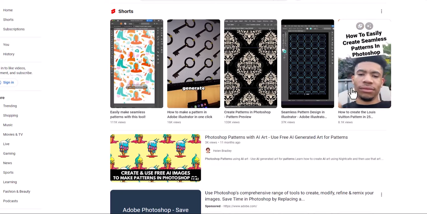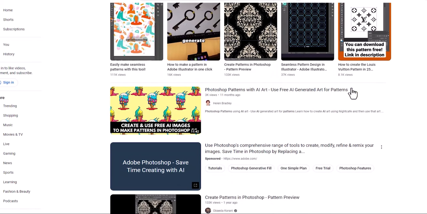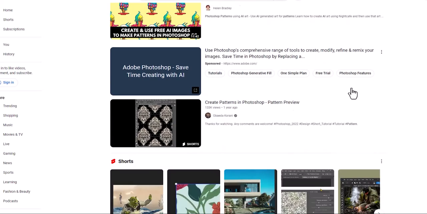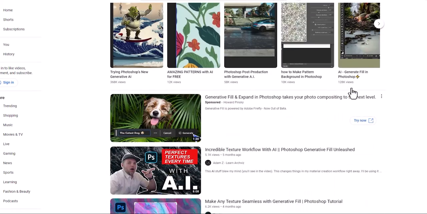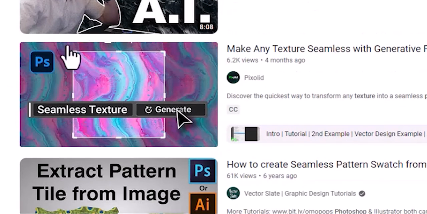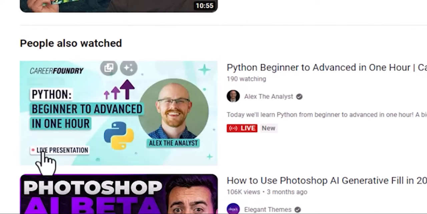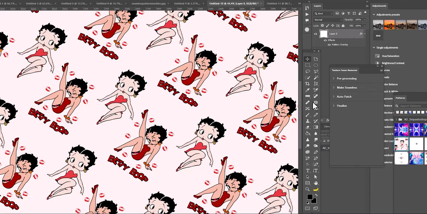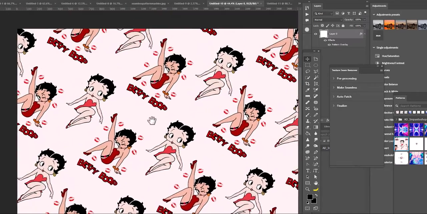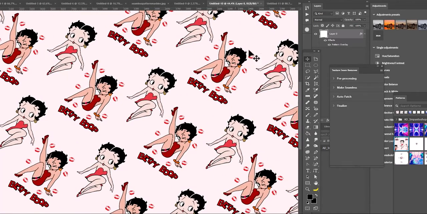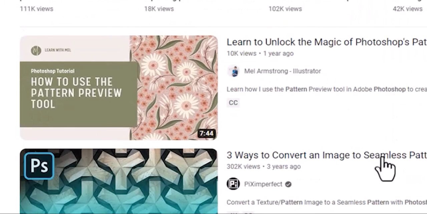But what I want to talk to you about today is all of these YouTubers who are lying and saying that AI creates seamless textures in Photoshop, and it does not. And I'm going to show you some truths behind AI and some not so truths. But today we're going to explore everything that you ever wanted to know about patterns and making them seamless in Photoshop. And I'm going to tell you what AI can and actually can't do. And I'm going to break that down for you in the simplest terms while exploring the new Photoshop Beta 2023. I'm Charlotte Salcedo, your host,